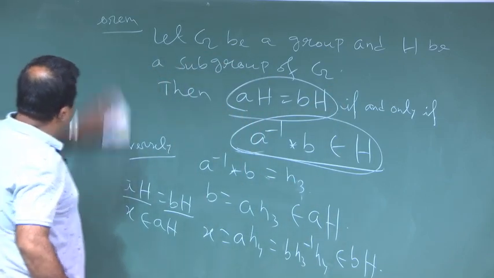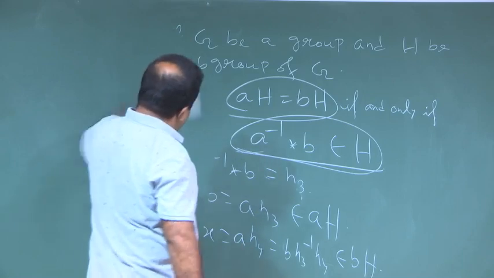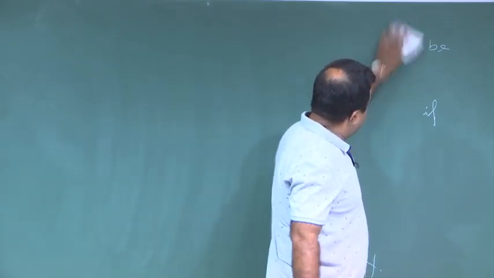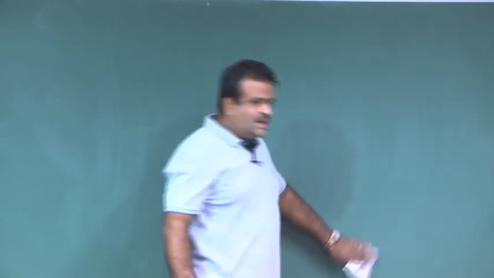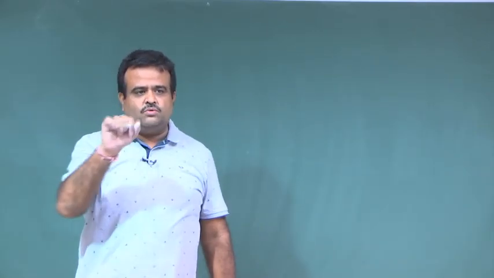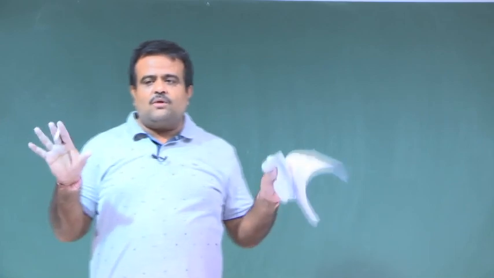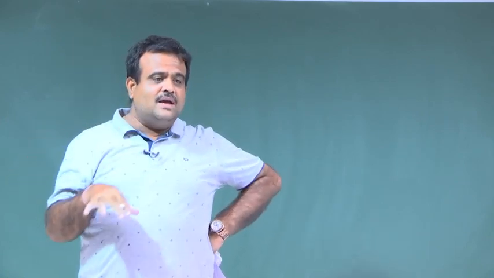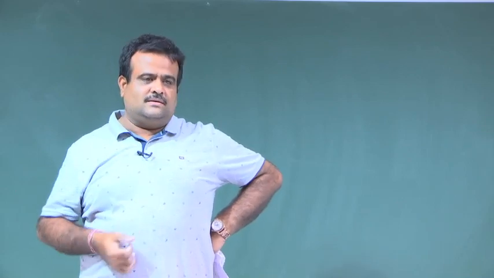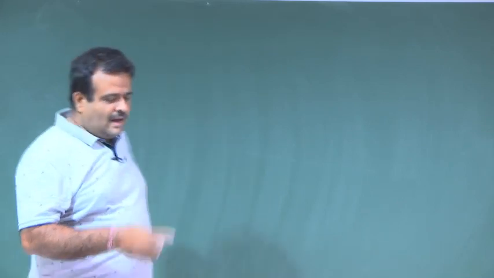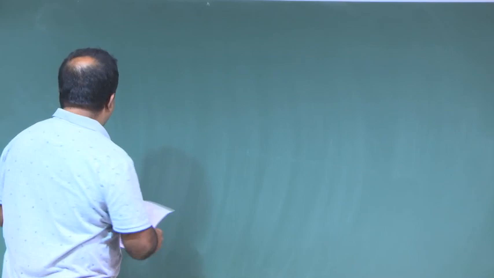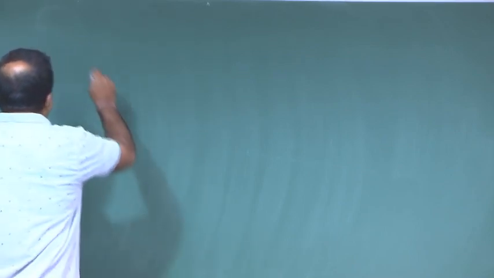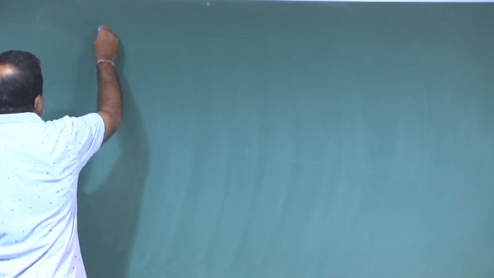Okay. So, now we have defined an equivalence relation between two elements in G. We know that if you take two elements A and B, then their cosets are either the same or disjoint. If they are the same, then we say they are related. And by this theorem we can say that this is the equivalence relation we are defining.